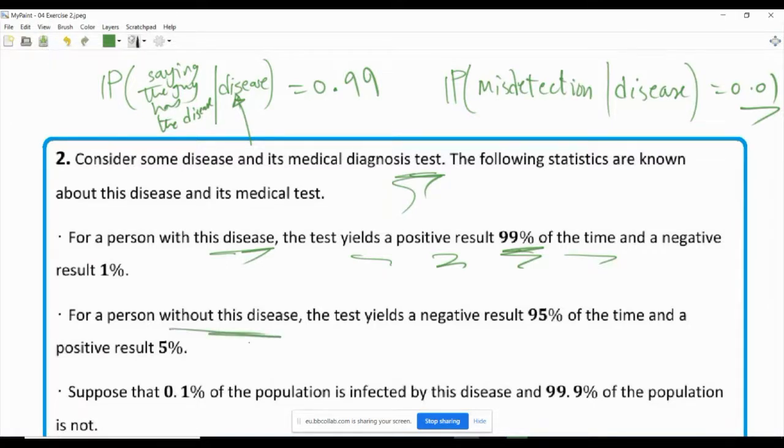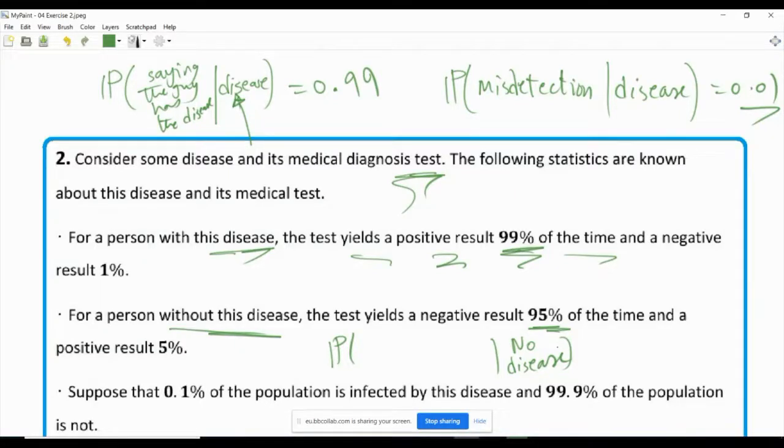But what if someone does not have the disease? Okay, so if we talk about viruses, someone does not have a certain virus, or a certain medical condition or whatever. Then, again, the test will tell you so, but only 95% of the time. So now we are saying no disease. So the guy is okay. He or she does not have the medical condition that we are trying to test for. But the test